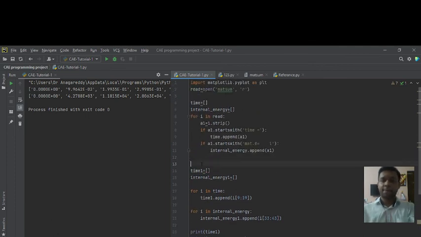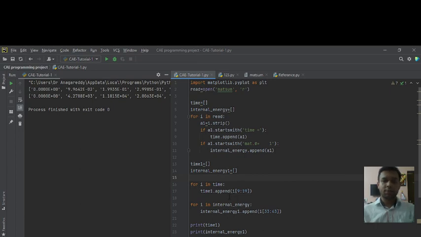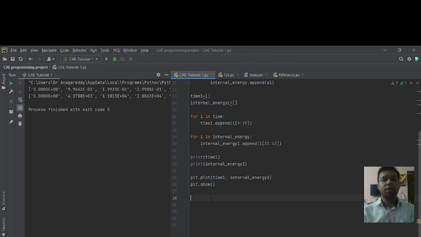And lots of friends may have this question arise in their mind: why do we need this type of programming to plot the graph, because we already have HyperView, and HyperView is also a Meta software. But this software has no access to work in loop format, as well as user requirement access. So it is better for you to learn some programming knowledge, so you can use this tool based on your requirement.